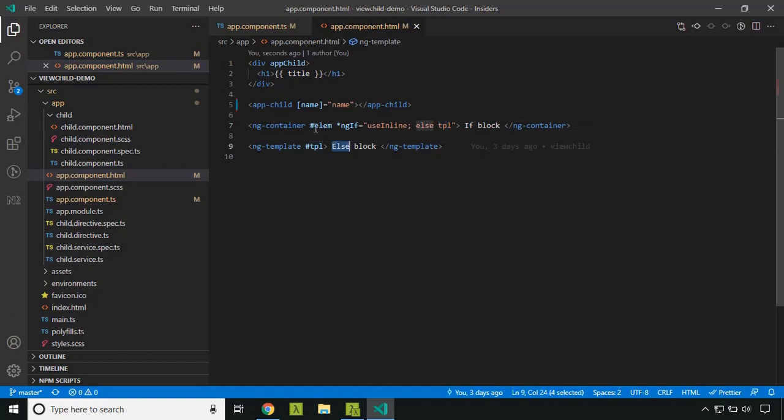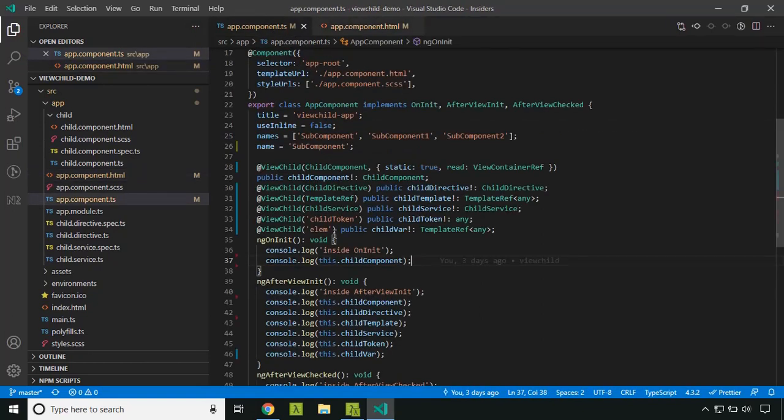So now how can I track this ViewChild changing? Here I am querying this using the element, and here I have given the template reference. So actually the result can change based on the value of this useInline variable.